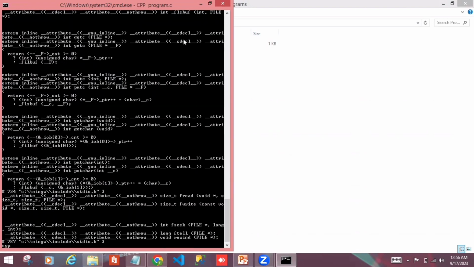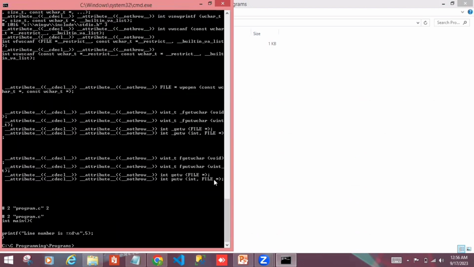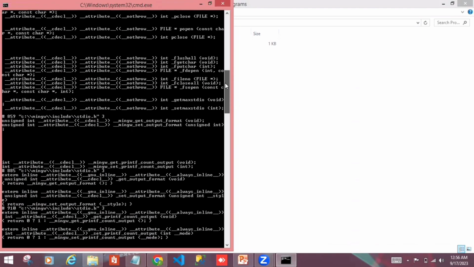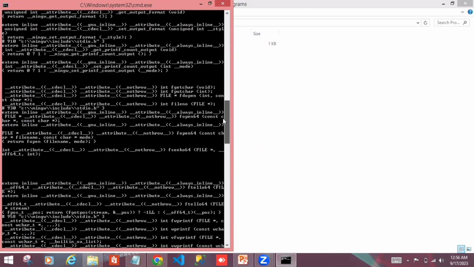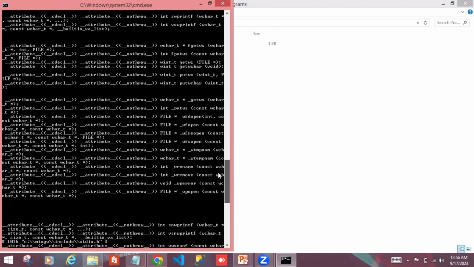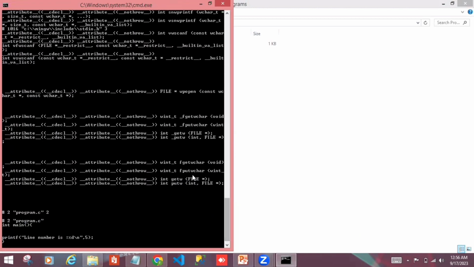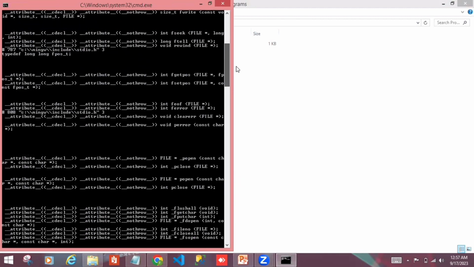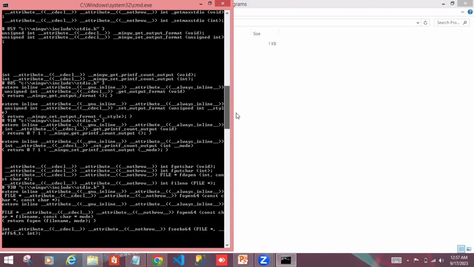Now here you can see this expanded code of the source code file is generated. So this is the expanded code of the source code, or you can say this is the expanded code of the C program. So this above code is the predefined code of the stdio header file, and then